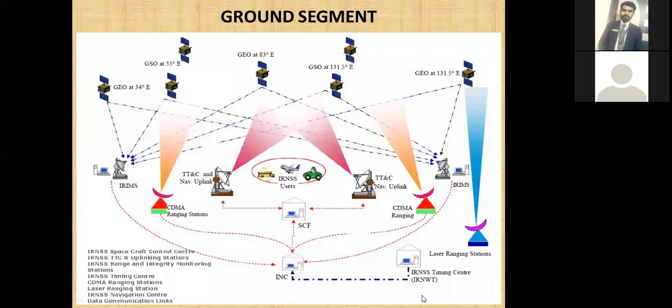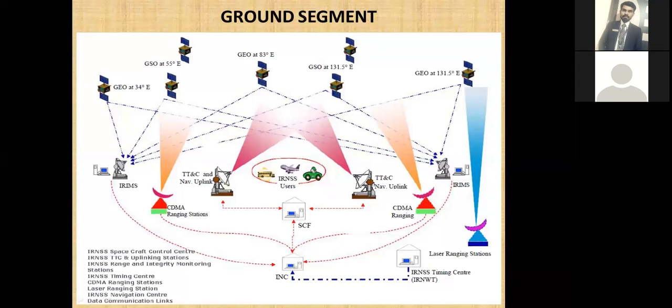Somebody was asking me why we require an atomic clock. That's why we require a stable atomic clock, because we are predicting the clock. We are predicting a clock for a day. So we require a clock which can follow those predictions. Suppose we are using a quartz crystal, it can drift very easily within a very small amount of time. So all our satellites also have a rubidium clock. There are 3 rubidium clocks, and 1 rubidium clock is working at a time, and the rest of the 2 rubidium clocks are working in standby mode.